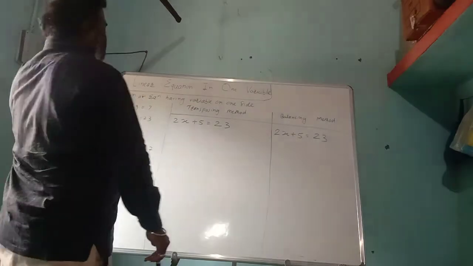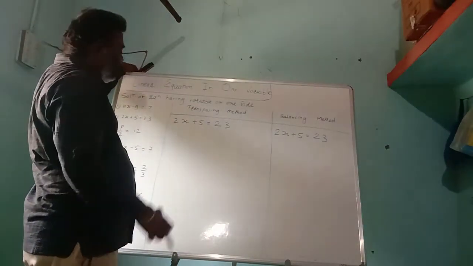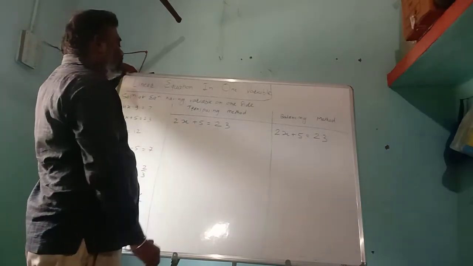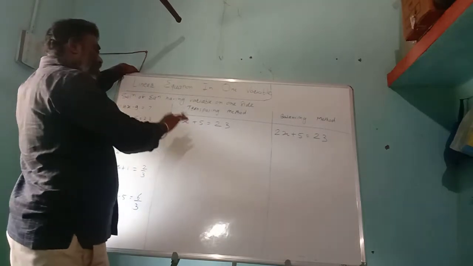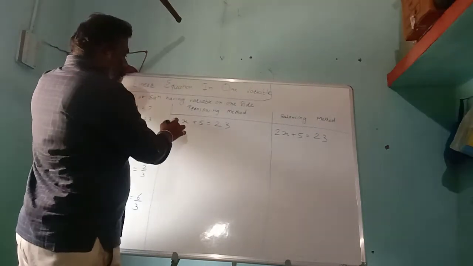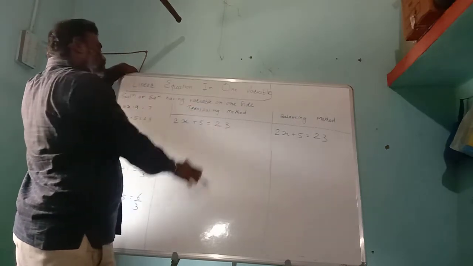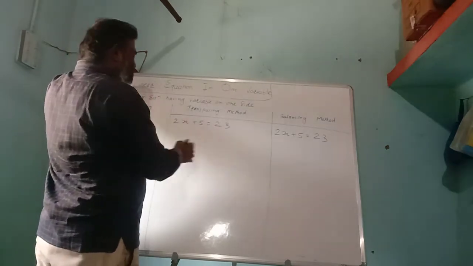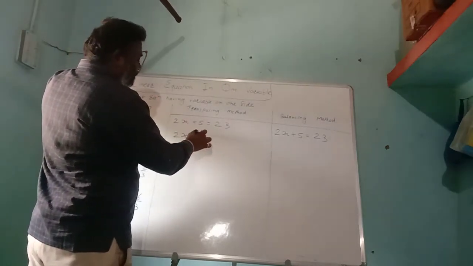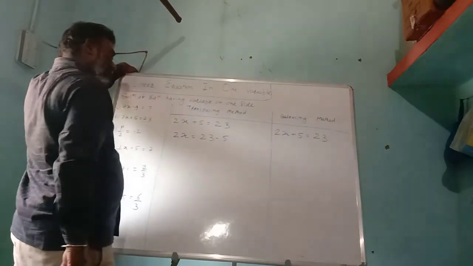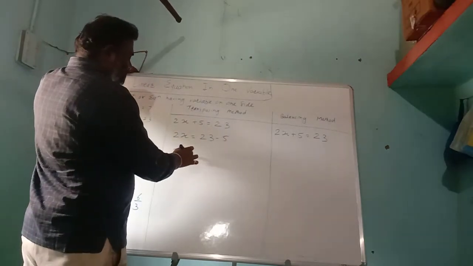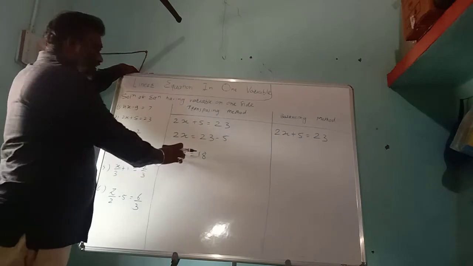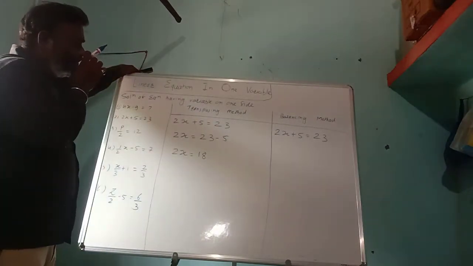Now we will discuss the next problem, that is 2x plus 5 equal to 23. We obtain the solution by both methods, transposing as well as balancing. 2x plus 5 equal to 23. First step, we have to transpose the constants. Here in 2x plus 5, the constant is only plus 5. While transposing plus 5 to the right hand side, it becomes minus 5. Hence 2x equals 23 minus 5, which is 18. Now 2 and x, again we have to transpose the constant to the right hand side.